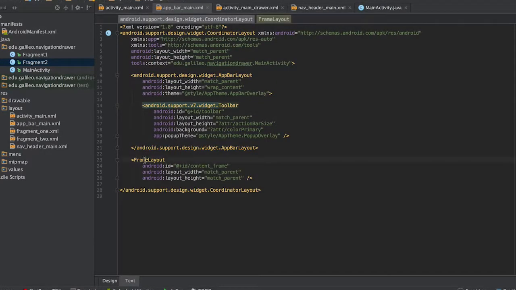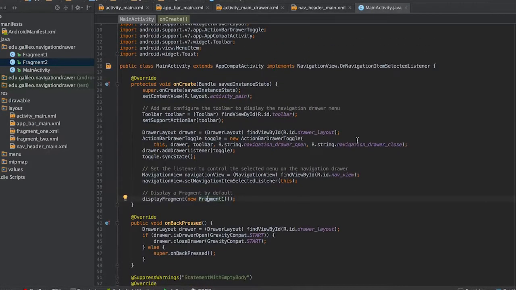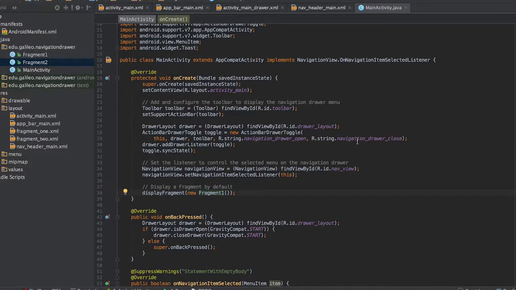So then here we have the frame layout that we are going to use to put our content. So that's why we named it content frame. So now we have our XML files ready to start with the code. Now that we can proceed with the code, we are going to inspect it and see what we need to configure. So the first thing that you need to look at is the onCreate method, and here what we are doing